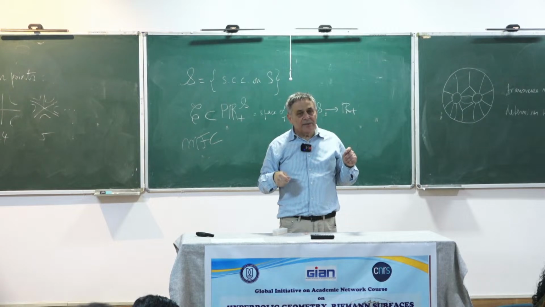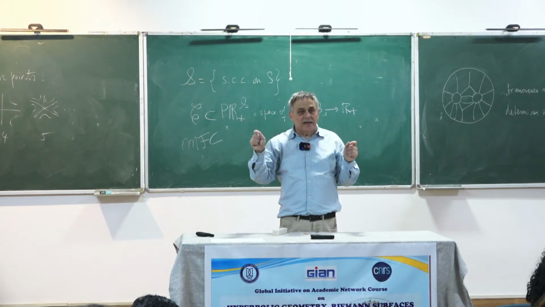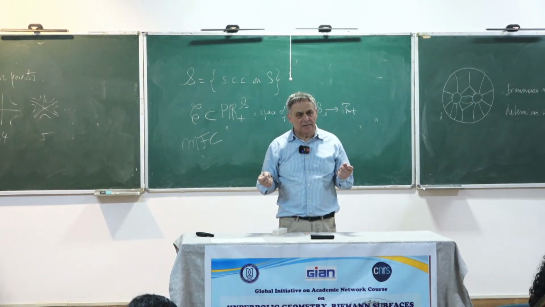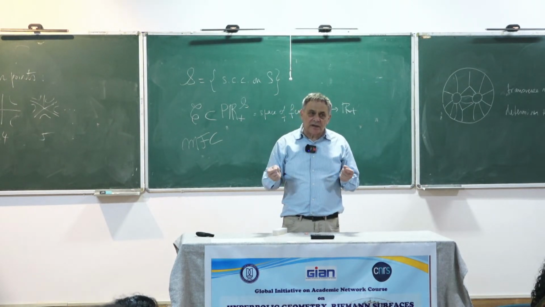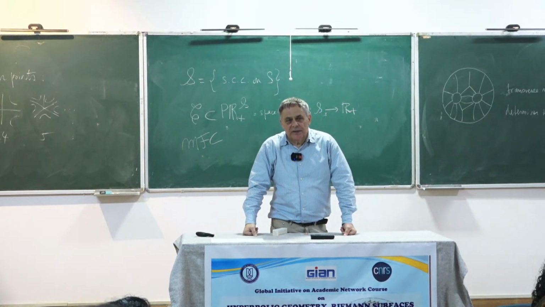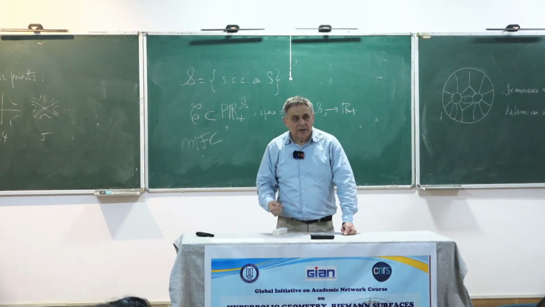So what happens to hyperbolic structures? We said that if I give you the collection of all lengths of simple closed curves, then I know the hyperbolic structure. You remember this. If I give you all lengths of simple closed curves up to some multiplicative constant, do I determine the hyperbolic structure? Yes, the answer is yes, because